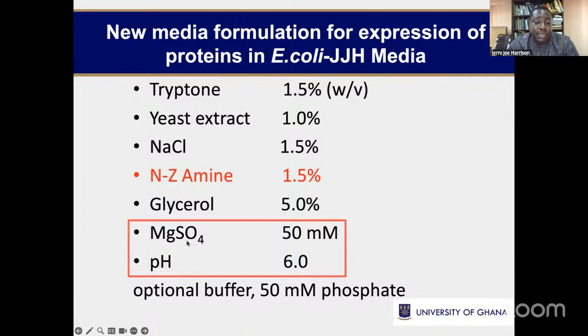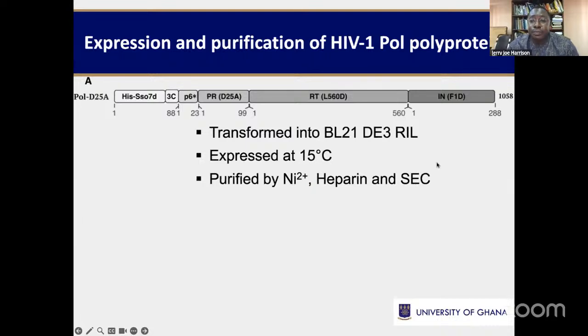We found out that having magnesium at least 50 millimolar and pH at 6 really reduce the proteolytic processing of our protein in E. coli. We had the option of even adding a phosphate buffer, and the protein was still fine. But we needed magnesium at least 50 millimolar and a pH of around 6 for the protein to work. And so we went back to our construct, which we had used earlier, using BL21 DE3 RIR,